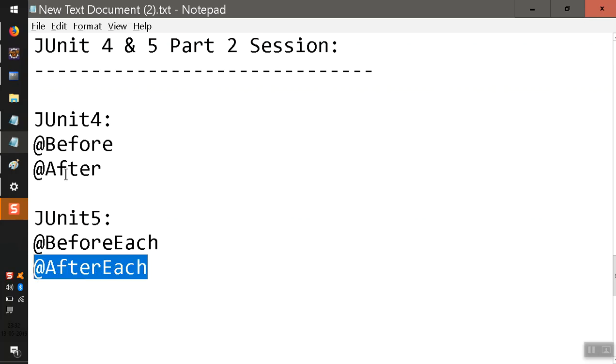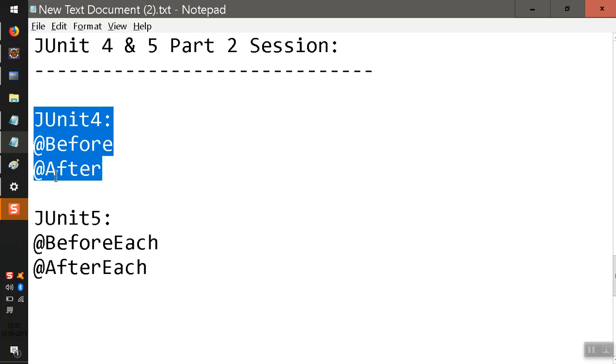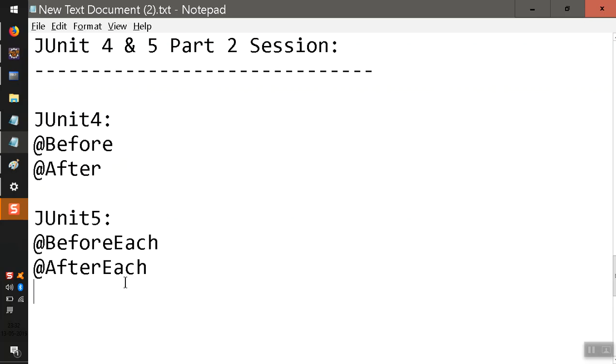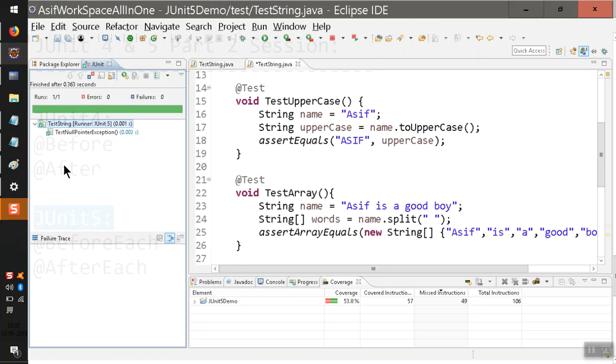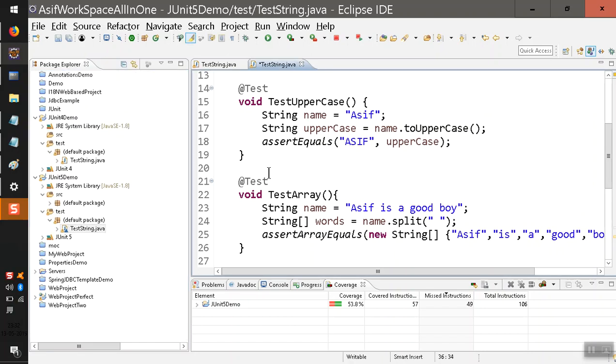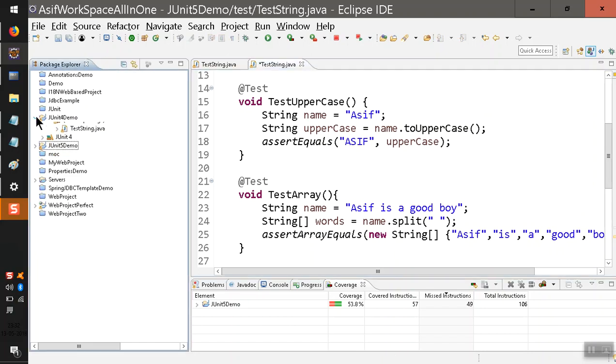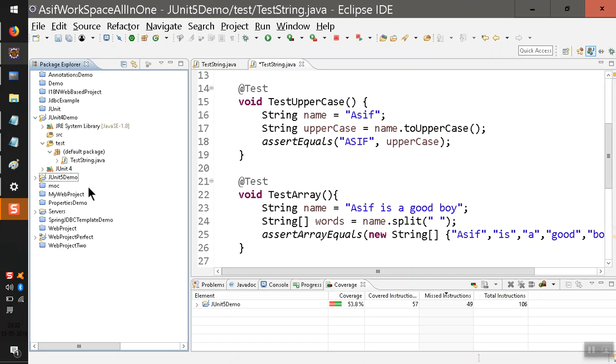I will go to JUnit 4. First of all, I will try with @Before and @After in JUnit 4. Then I'm going to try with @BeforeEach and @AfterEach in JUnit 5. So this is my project. I have two projects here. One is JUnit 4, the other one is JUnit 5. First of all, I'll go with JUnit 4, and in the test source folder, I have the class